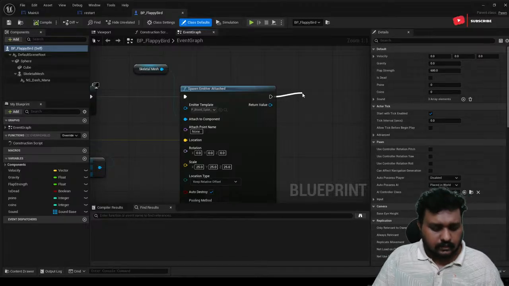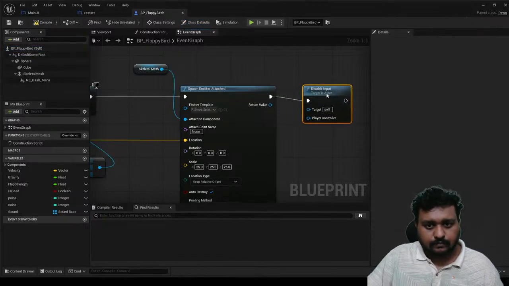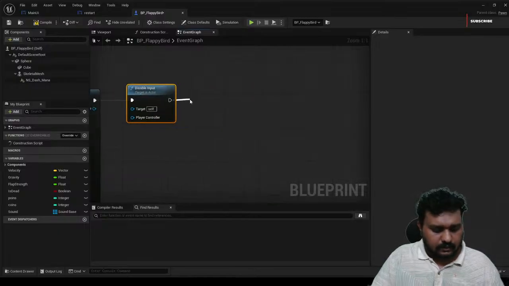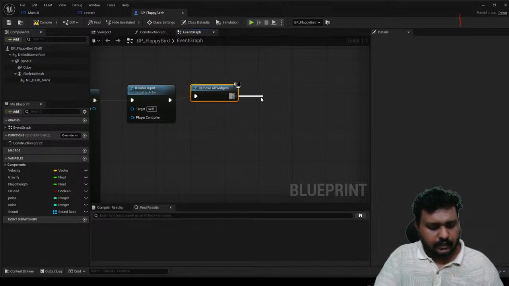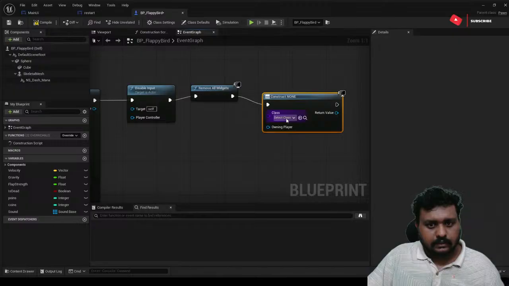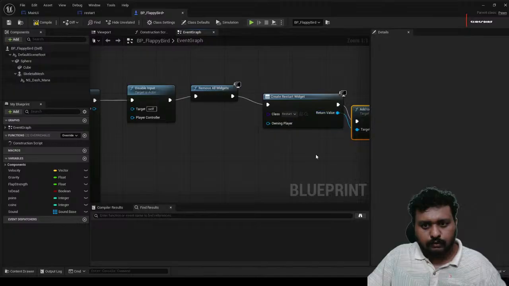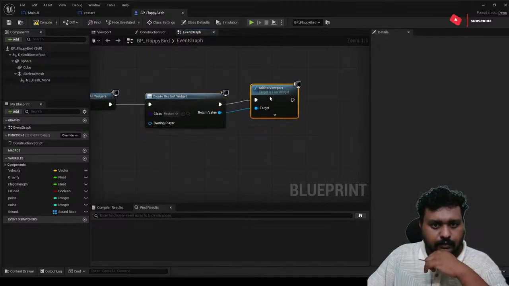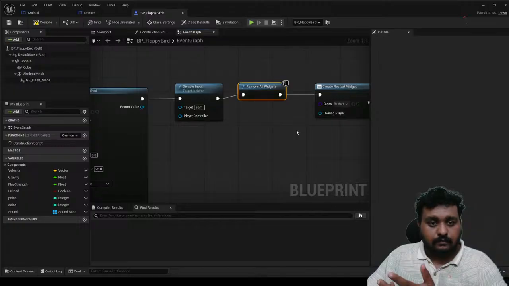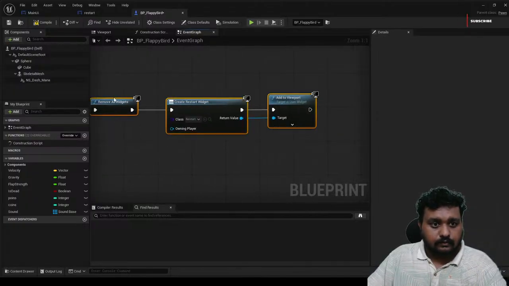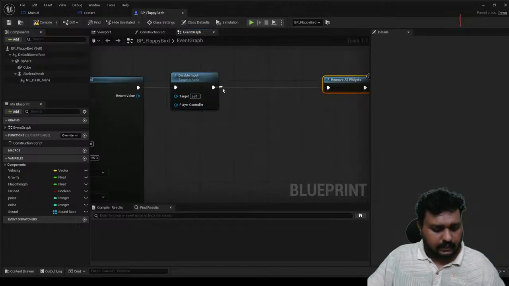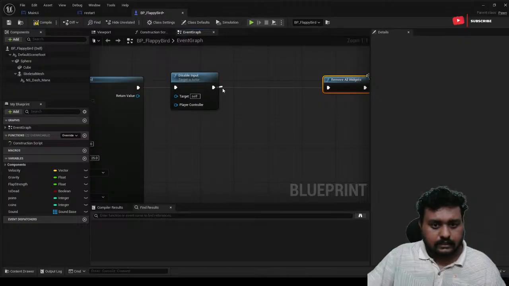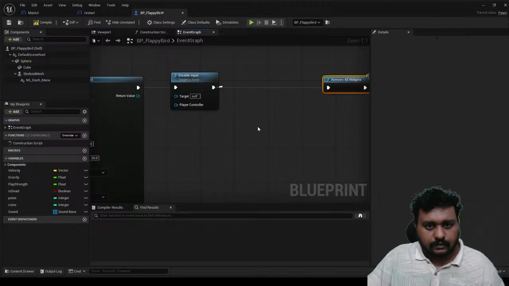So one is disable input, and once that is disabled, remove all widgets, then type create widget, and this should be a restart, and add to viewport. So basically when you actually die, you can have this widget loaded over there. And one more thing I'm gonna do here is set custom time dilation